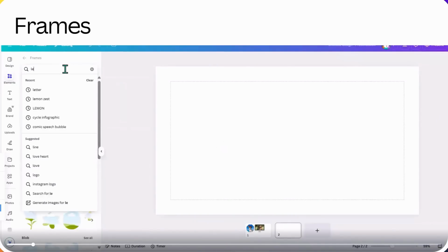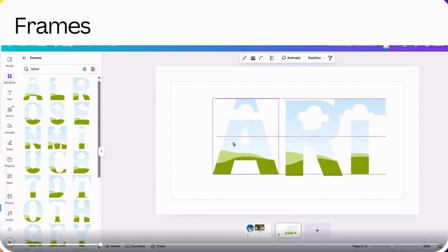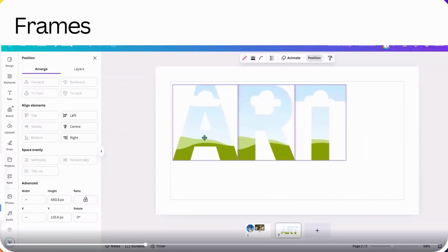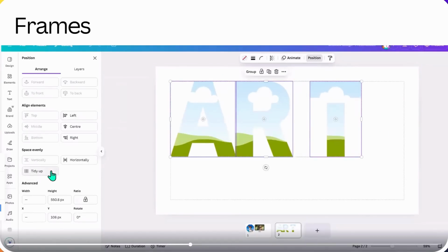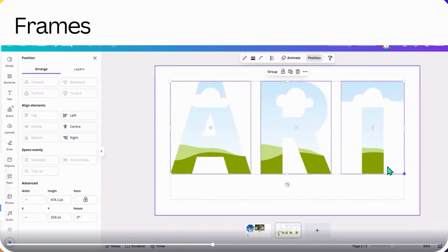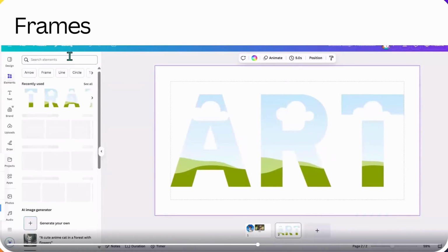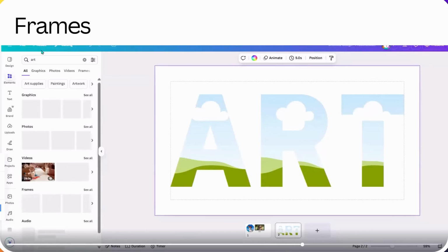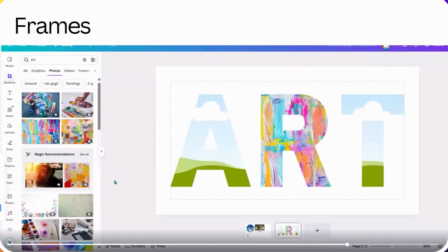Frames are also really cool when you want to add a photo or a video to a specific size, shape, or letter. You head on over to Elements and you scroll down to Frames and Grids. Grids will give you a bunch of preset collage styles and types with anywhere between 2 and 12 different types of image layouts. But Frames is really cool because you can get different shapes and sizes, numbers and letters, where you can simply drag and drop a photo or a video in and it will snap to the shape of